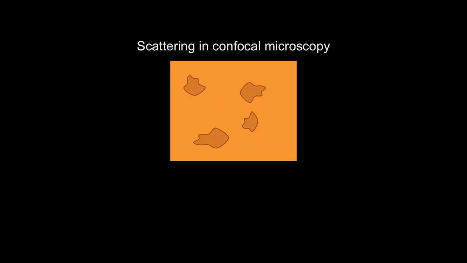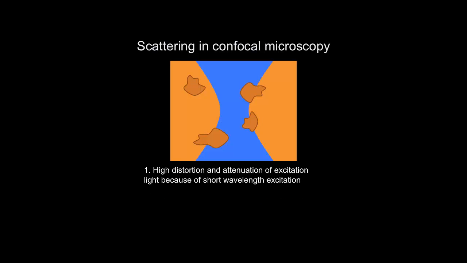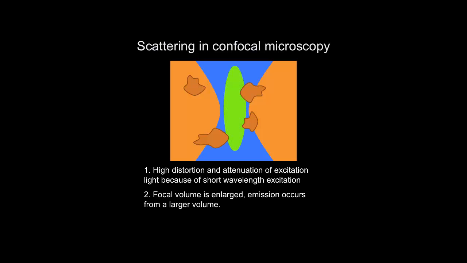Let's see how it affects the signal generated in the linear fluorescence in confocal microscopy. We have a high distortion and attenuation of excitation light because of the short wavelength excitation. So I hope that's clear. The shorter wavelengths are scattered more than the longer wavelengths, right? That's the usual explanation why the sky is blue. The focal volume is